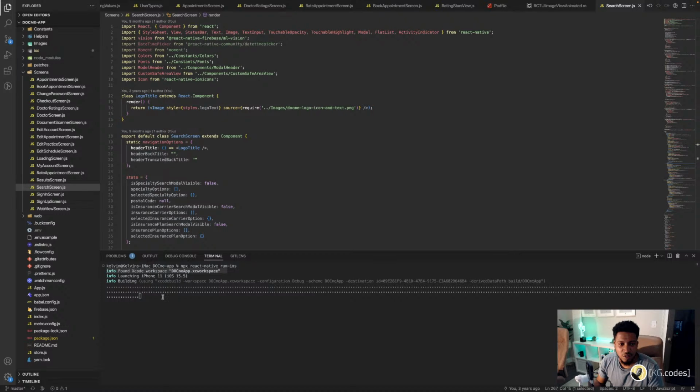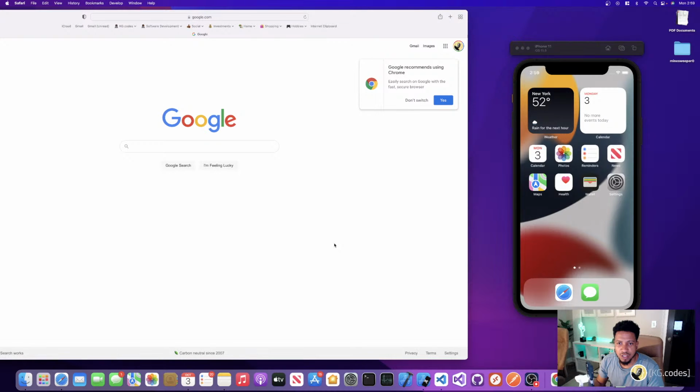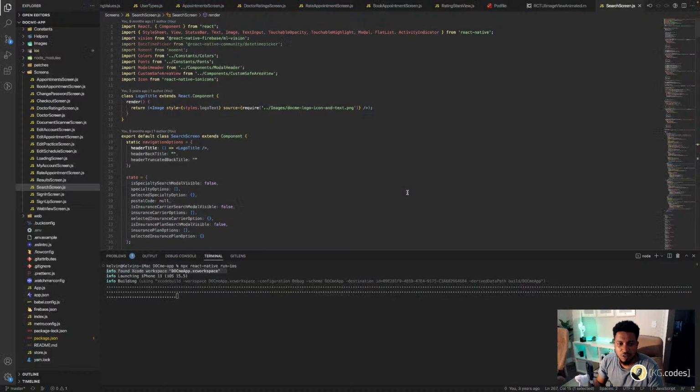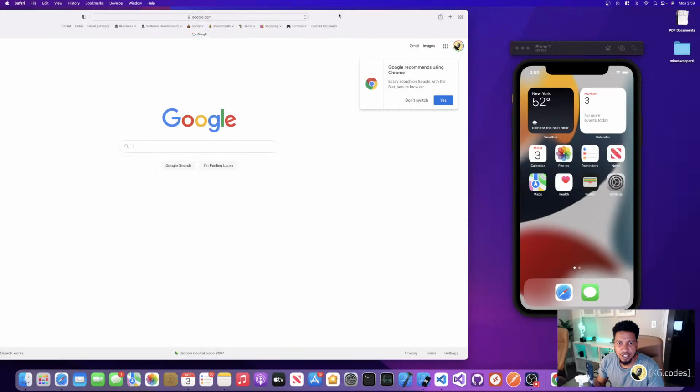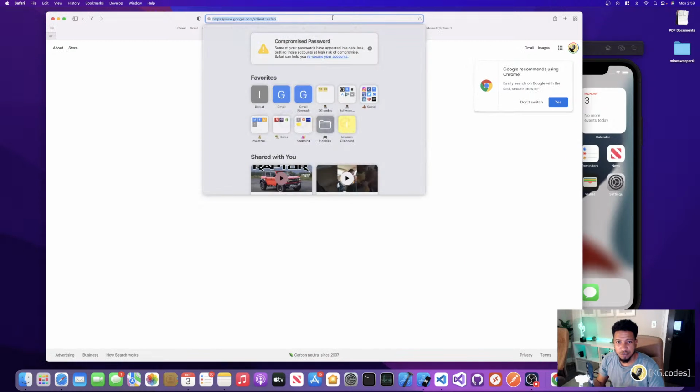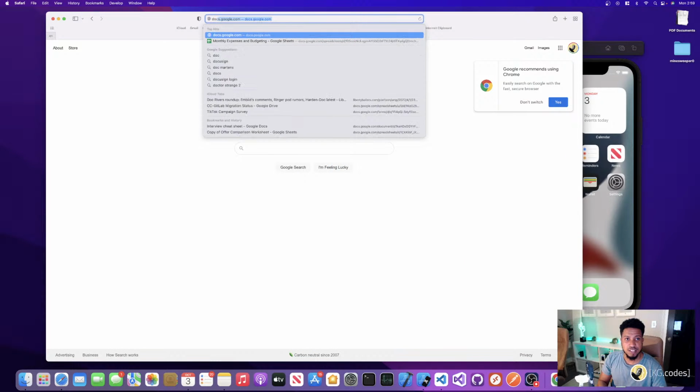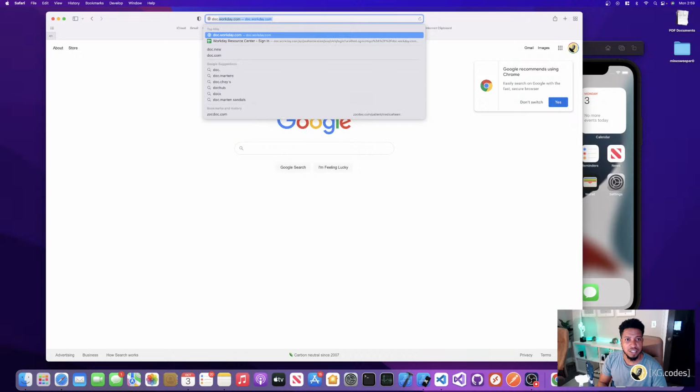I actually should have ran it before I started the live. Now that I'm looking at it, it's not loading. So I guess what I can do is go to the web app. This is not what I was going to do tonight, but